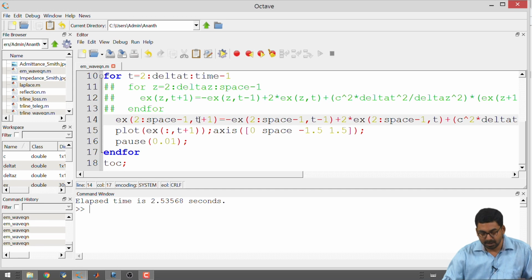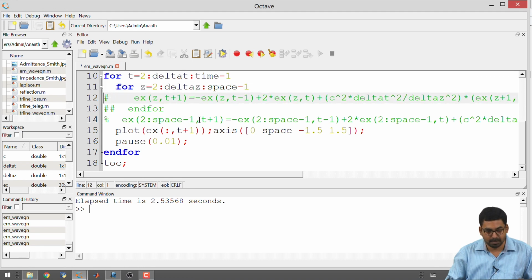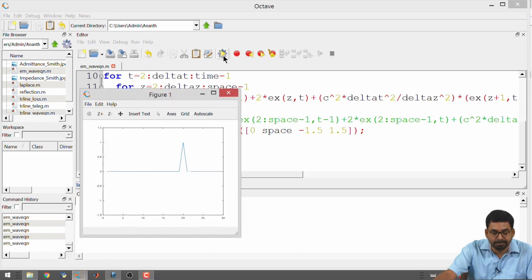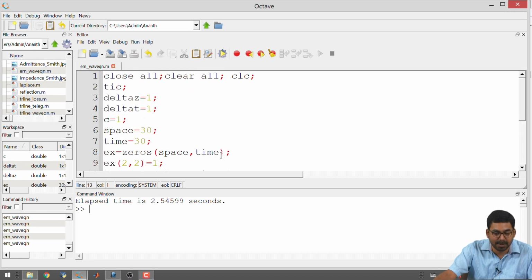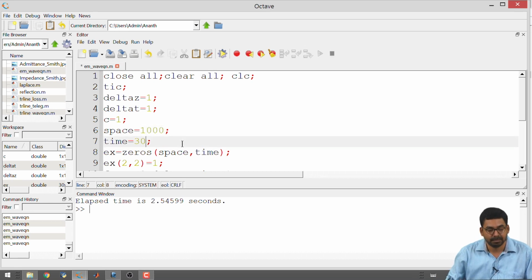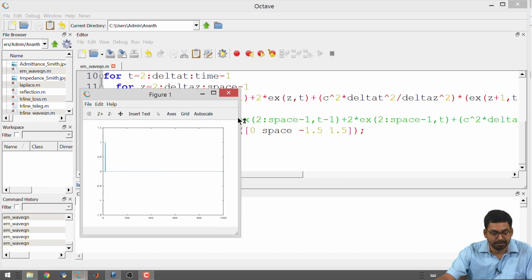So, one could always comment this portion. Okay. So, it is roughly the same for small values of space and time. So, I will make the space 1000 and I will make the time 1000, and we will run the program with the for loop and just note down the value.